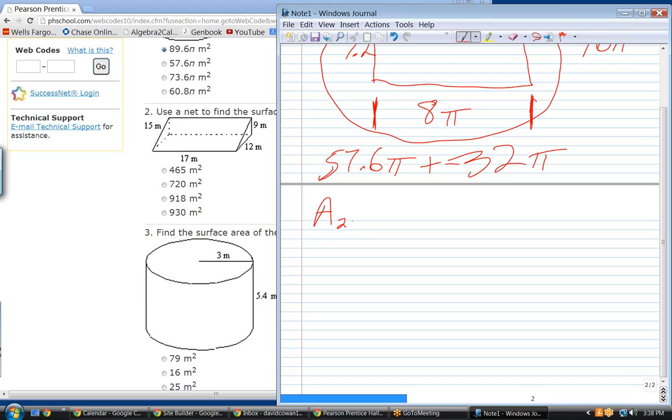12 times 9. What is that? Divided by 2. 54. So there's two of them, so it's 108. Notice I've got the area of 2, and this is supposed to be a triangle here. Right. Okay, so now,